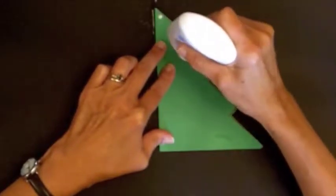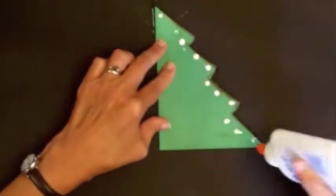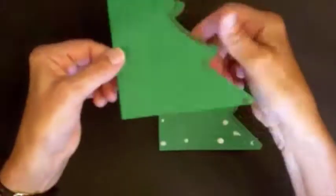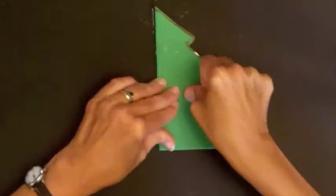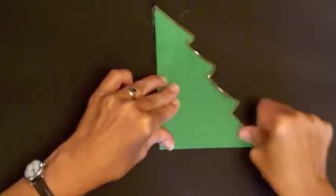2, 3, 1, 2, 3, 1, 2, 3, all the way down. See how I'm not making a line or a puddle and how I'm making spaces between my dots? Take this one that's folded and lay it right on top and press it into place. Okay? Now,